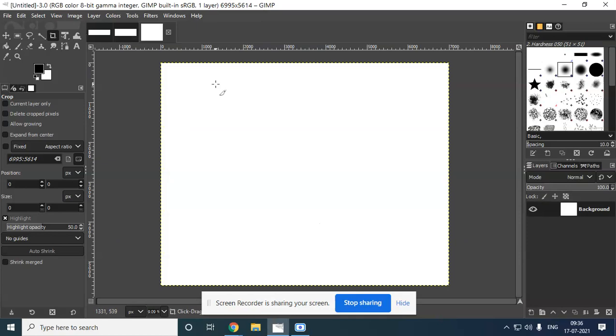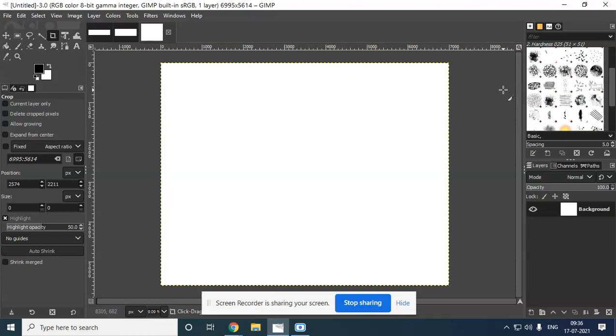Now suppose you want to draw, like in Paint, how you draw your own images. Like that, if you want to draw the pictures with your hands, you can use the pencil from here. As you know, the different tools are present in this tools option area. You can use the pencil from here. If you want to draw with the help of a brush, you can draw with the help of this brush also. So for that you can use the brush from here.